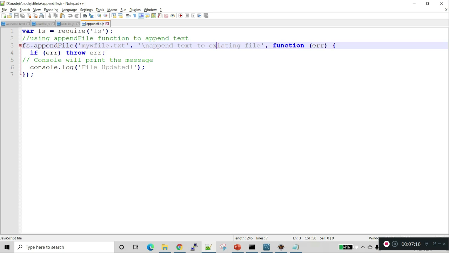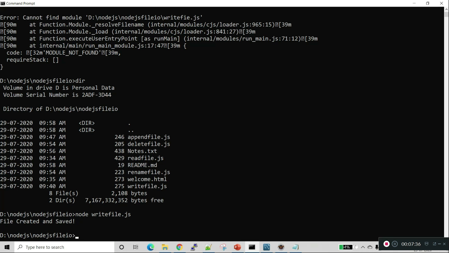I'm appending the text into the existing file. This is the text I'm adding, and I'm passing the function with error. If there is any error, I'm throwing that error simply, and in the console I'm writing file updated successfully. So let's call this one.